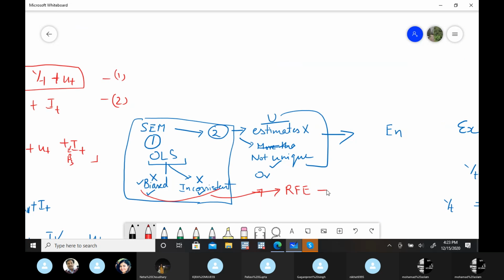all is well, then you have exact identifications. With the indirect least square method, you will get the estimates. But if there is a problem of under identification or over identification, then this simple ILS will not work. We need a solution for this under identification and over identification. And that's where we have this 2SLS and 3SLS.